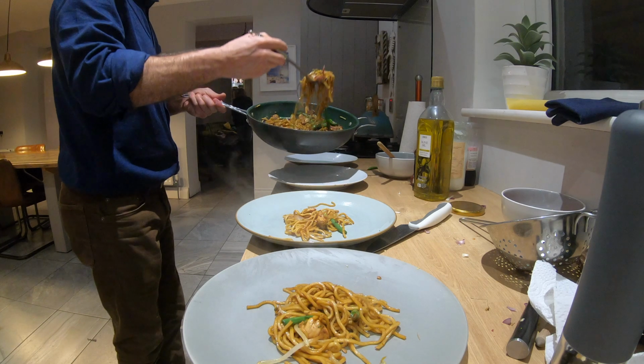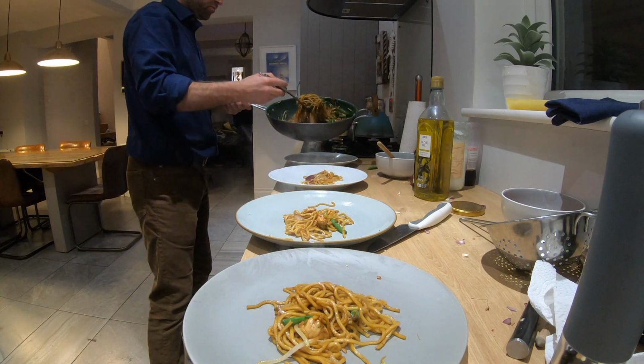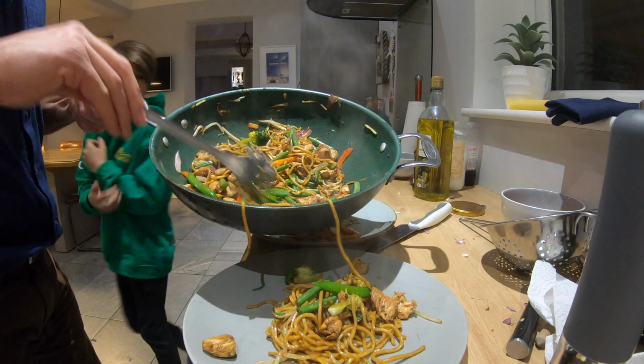Remember the plates? I just give them a quick wipe with that paper towel on the right, not the one that had the raw meat on it. Now that was put away early. All right, Jack,